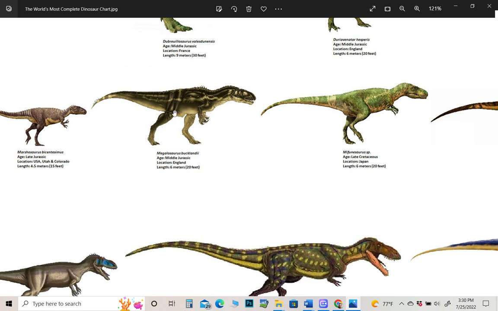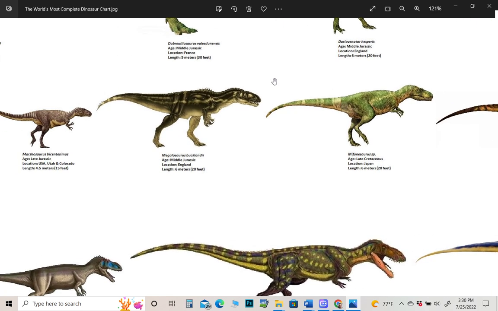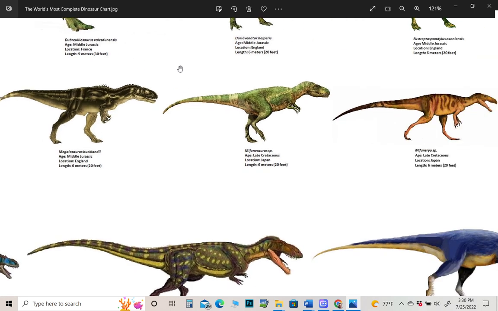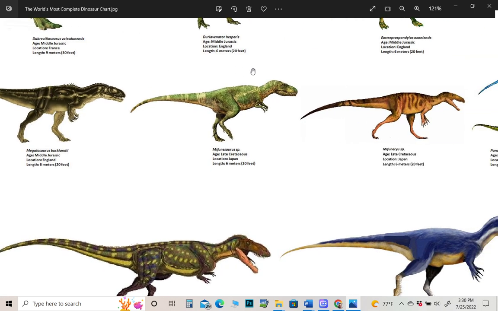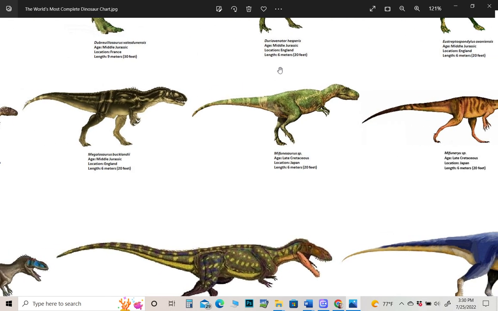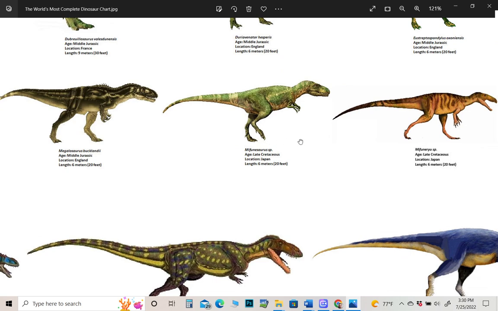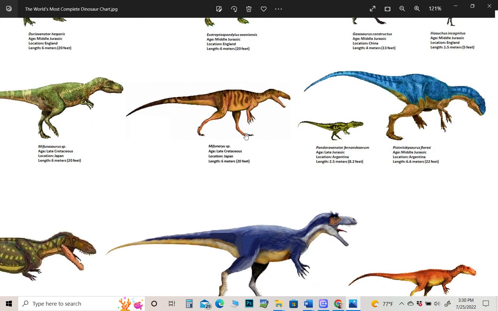informal name dinosaur. Marshosaurus, Megalosaurus. This one was, I believe, the second dinosaur ever discovered, right after Iguanodon. It was one of the 3 that was used in the naming of the clade Dinosauria in that paper from the 1800s. I forget the guy's name who did it, but the guy who famously made the paper designating Dinosauria was one of the 3 dinosaurs. Mifunesaurus, Mifune, Eru,